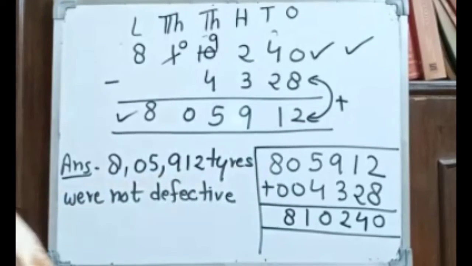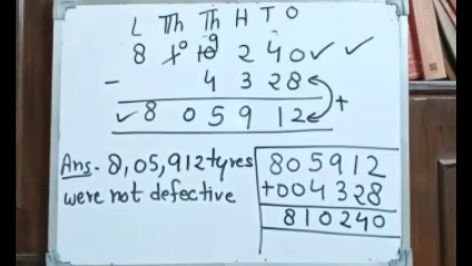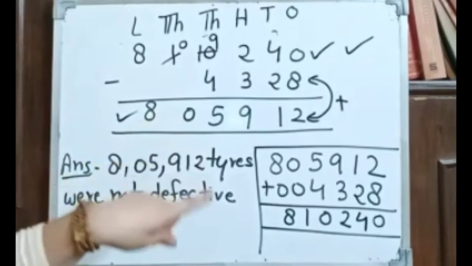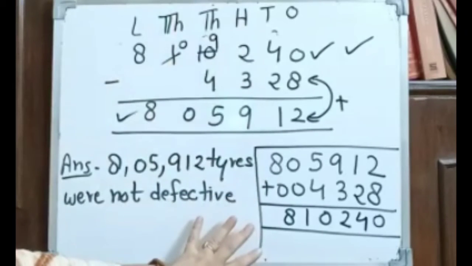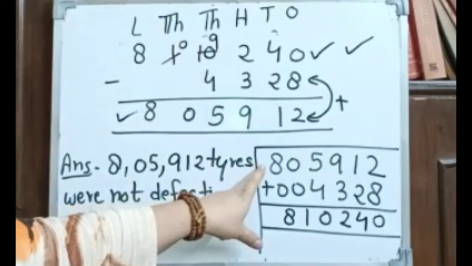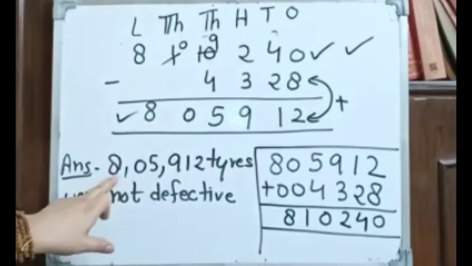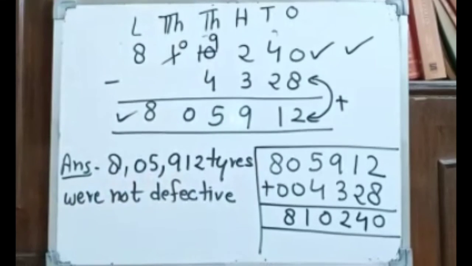So, subtraction of very large numbers. You have to take care of that. First you check your answer and then write your answer. If they are asking to check your answer, then you have to mention this method in the final place. But if we have a word problem sum, you do this in your rough notebook. So again I am repeating, 8,05,912 tires were not